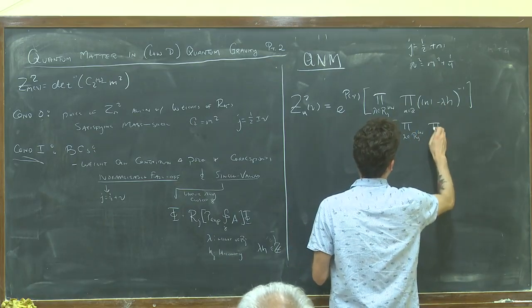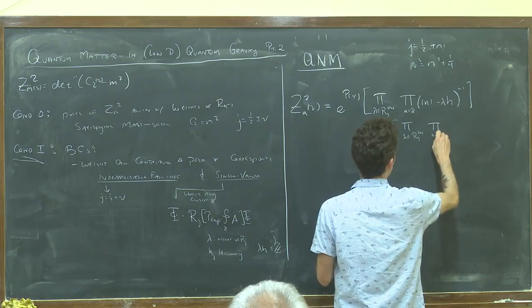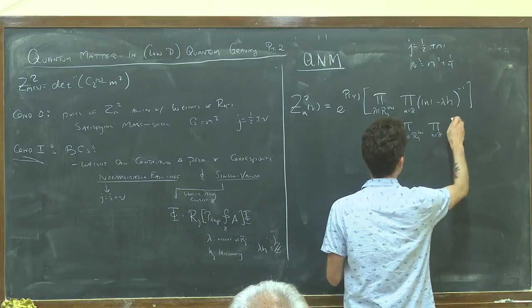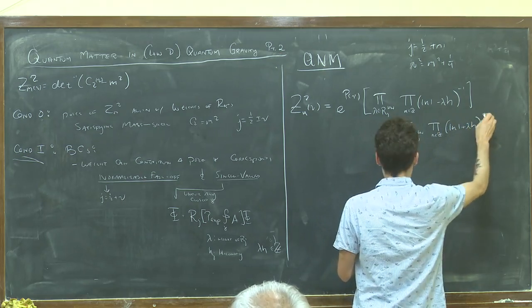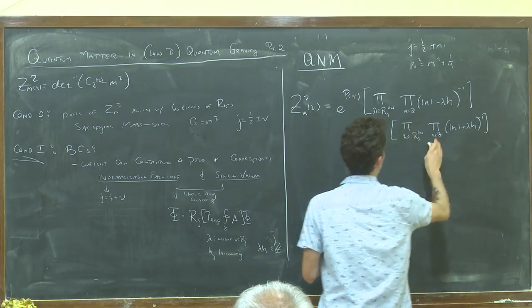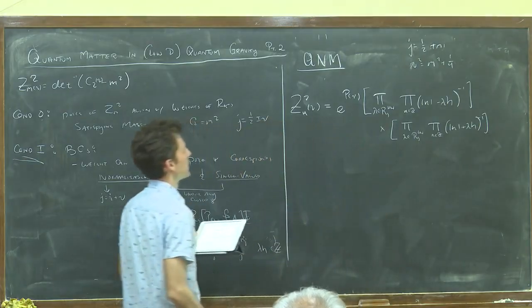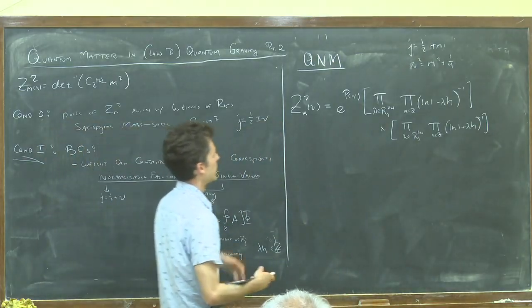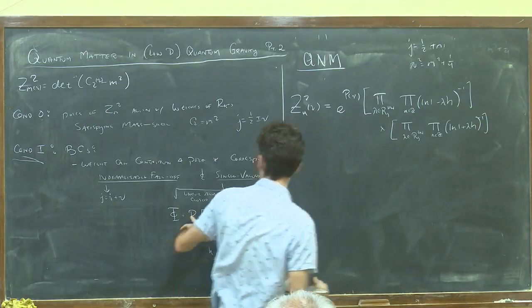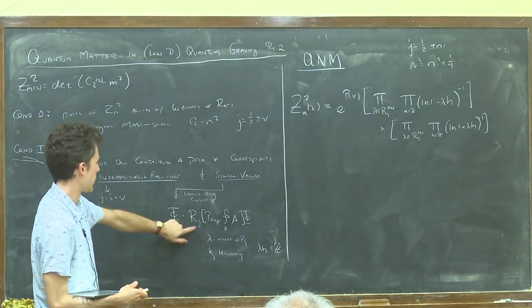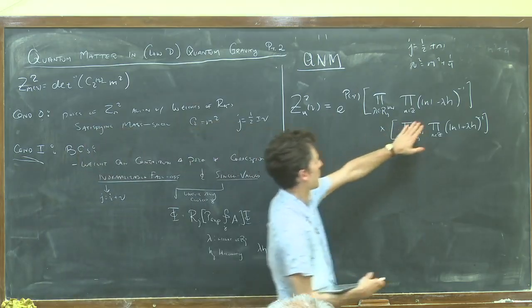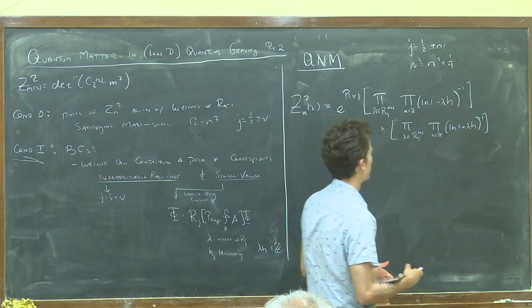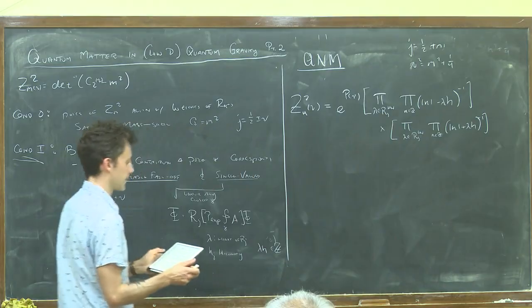So I have a tower of poles for both the lowest weight and the highest weight representations. And then I also have this product over n, which is basically the product over the weights that obey this quantization. And H, I will remind you, is the holonomy of the gauge field around